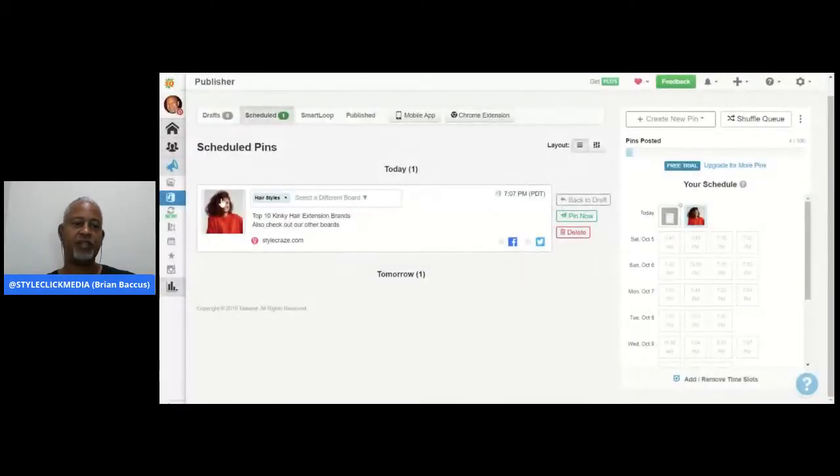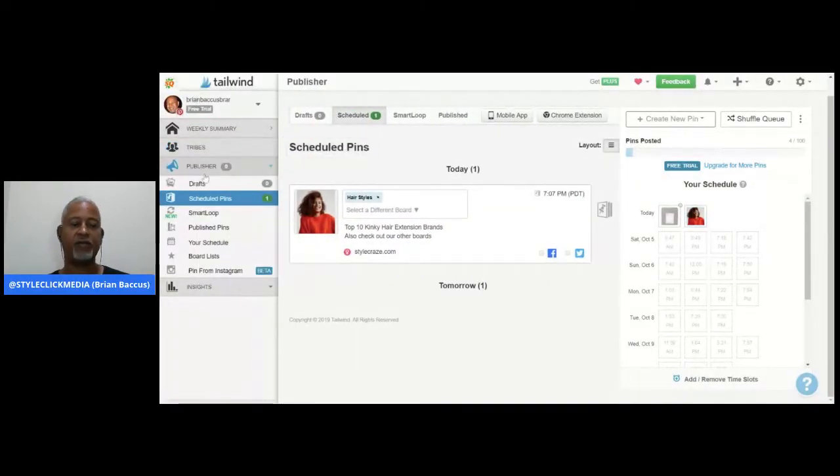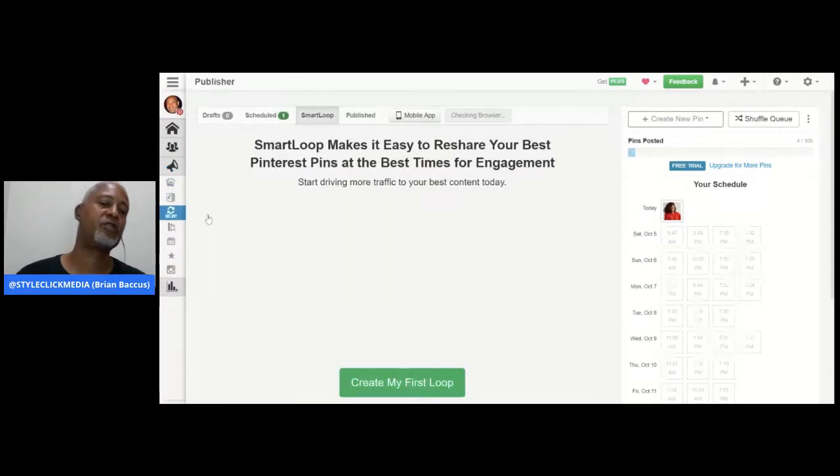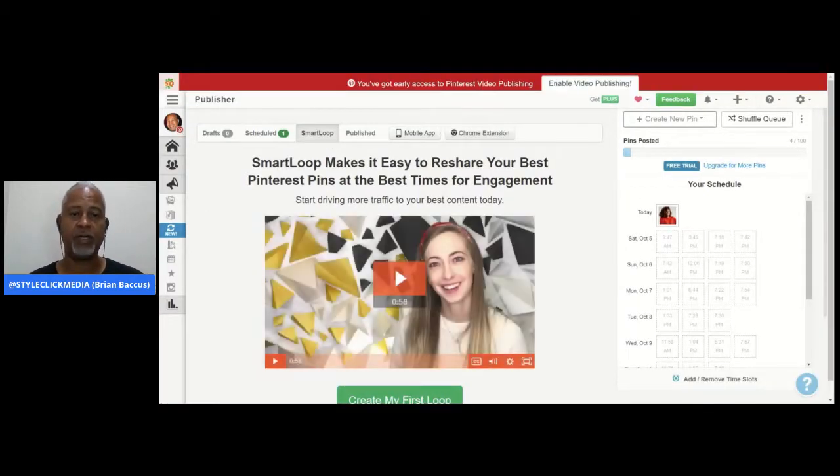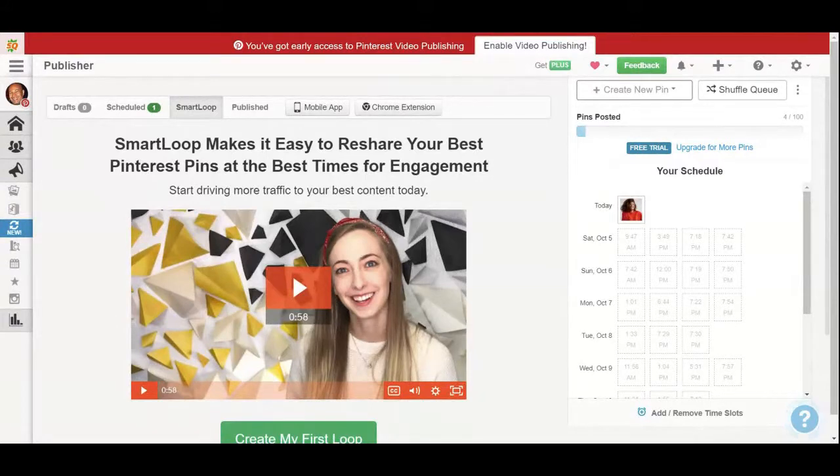So we're going to go back to Tailwind, and I'm going to finish taking you through the rest of it. Not all of it, but just the rest of it. So I want to focus on Smart Loop. The first thing I'm going to do is show you the video that's going to pop up so that you'll be able to grasp what's actually going on. And I'm going to make this full screen so you can see the whole thing. That way you don't have to have my mug in the way. And without further ado, let's hear what she has to say about Tailwind.